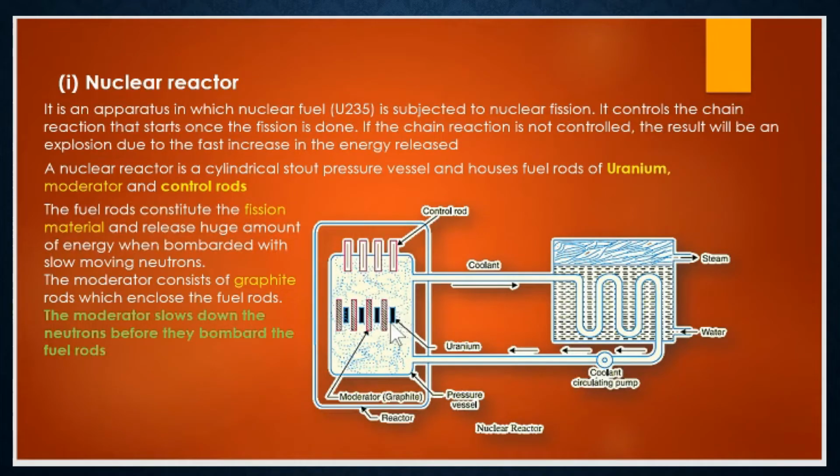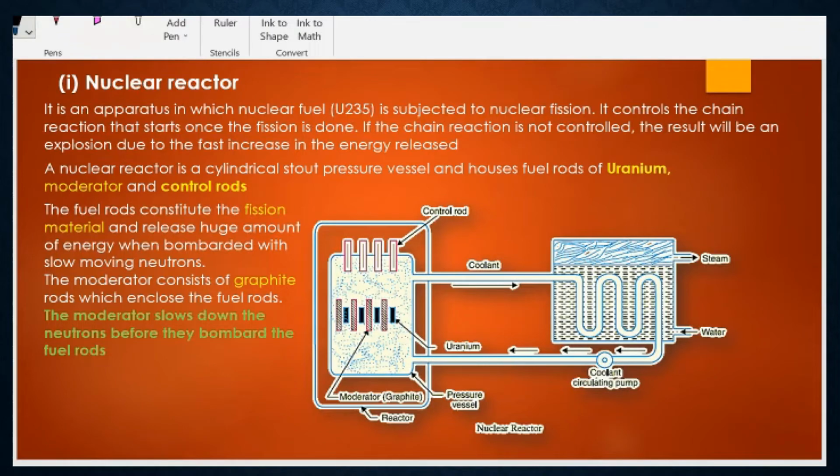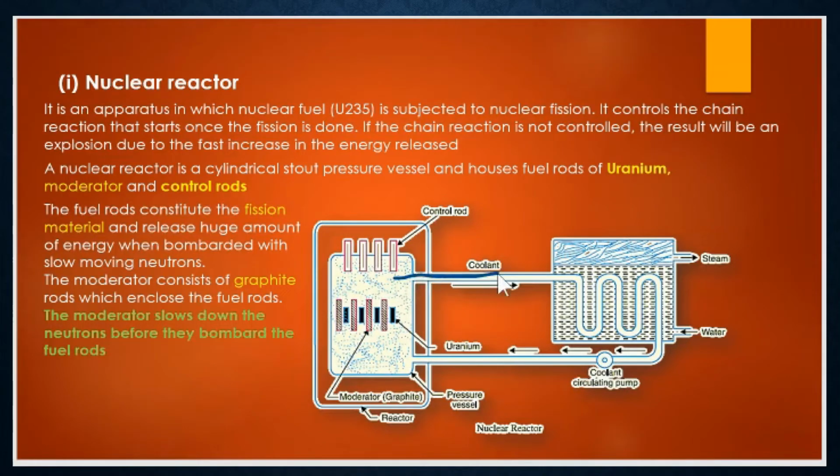And during that conversion, what will happen? It will release a huge amount of energy. That energy is collected by the metal inside this chamber, and that metal will go into the heat exchanger. So from here, the metal will go into the heat exchanger, and here the hot metal will circulate, and it will come back. Again, the metal will go like this. This is the path for the metal.